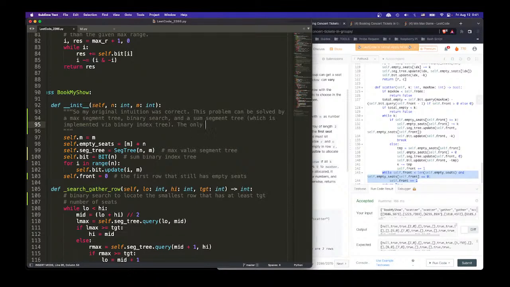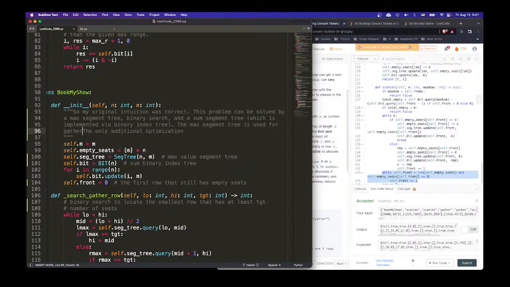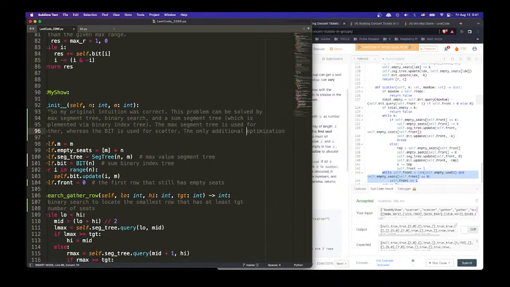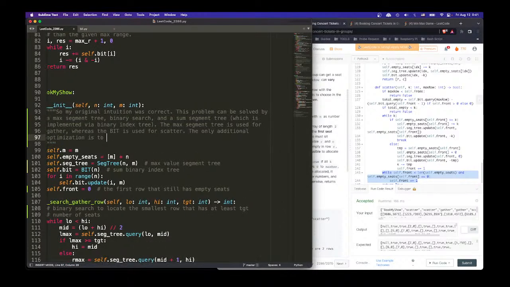The only additional optimization, the max segment tree is used for gather, whereas the BIT is used for scatter. The only additional optimization is to record the current smallest row that has empty seats,